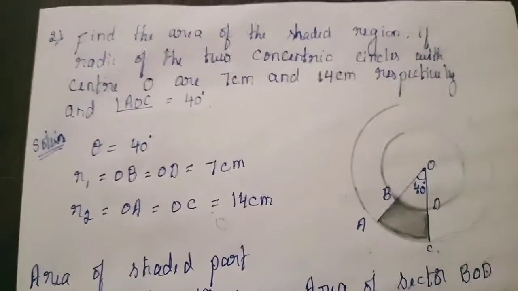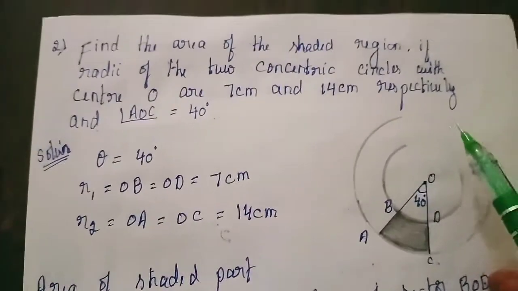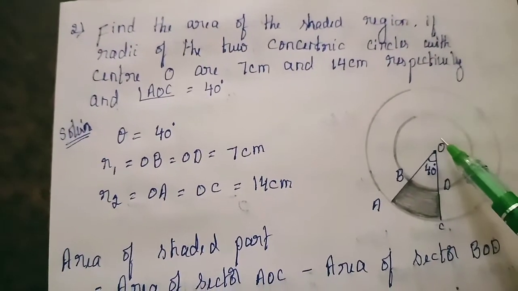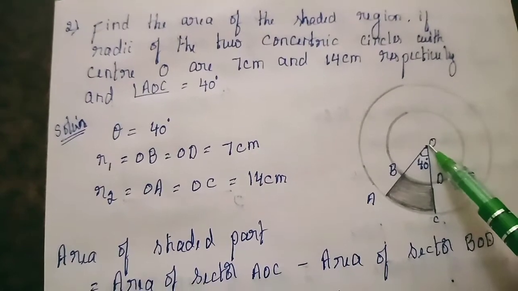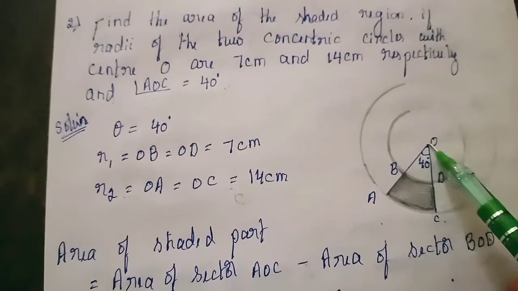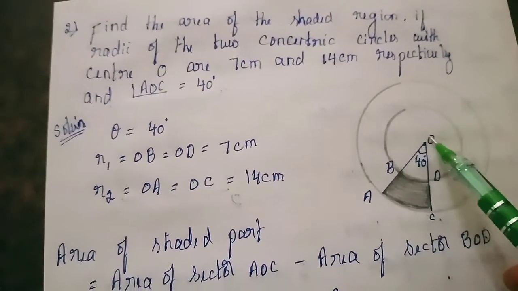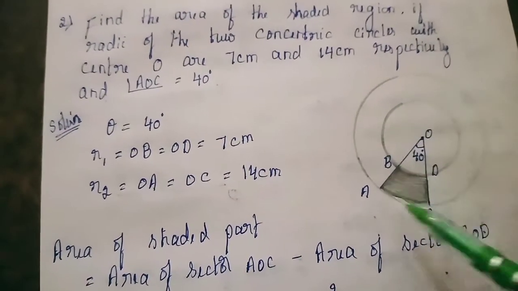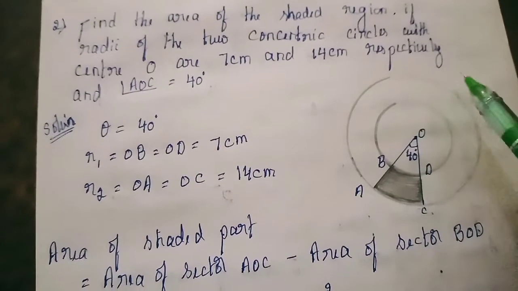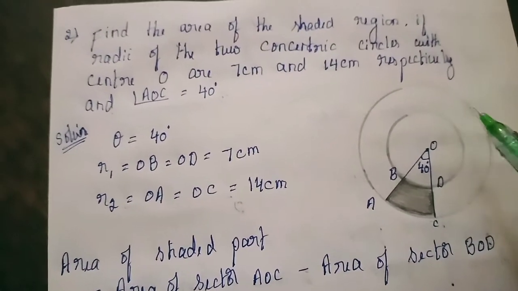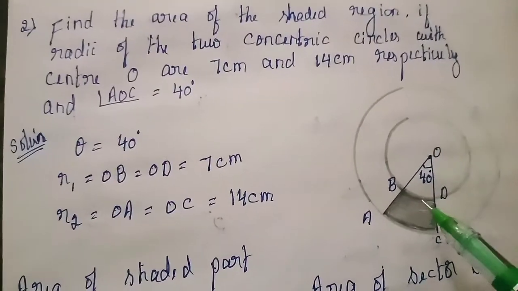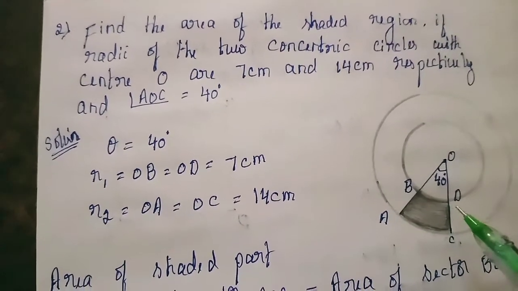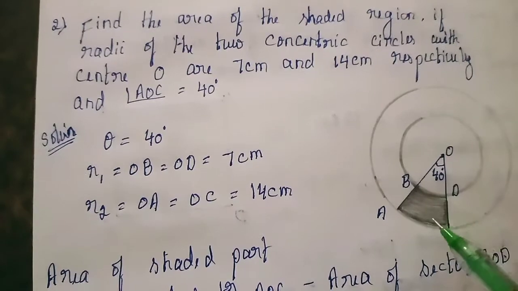Now let us look at the diagram. You can see here what are concentric circles. Circles which we draw with the same center are called concentric circles. So you can see here O is the center of the inner circle and also the outer circle. So these two circles are called concentric circles. Now I should find the shaded part. Observe your shaded part, and you can just recall this shaded part is not a segment here.